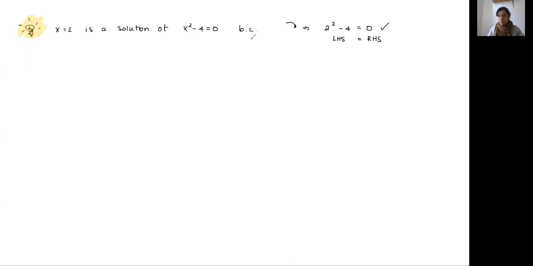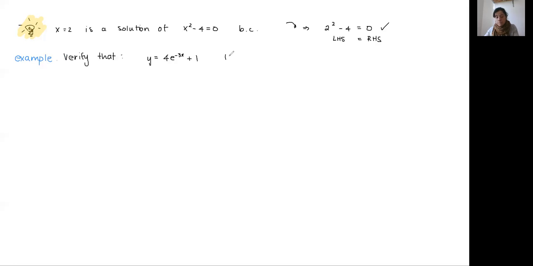So for example, I'm going to ask you to verify that the function y, which is equal to 4e to the minus 3x